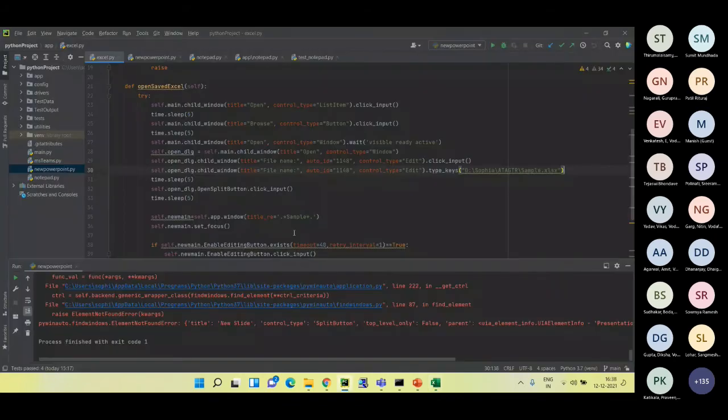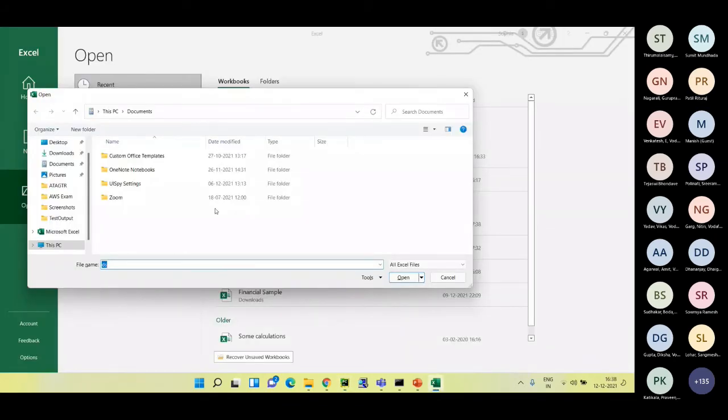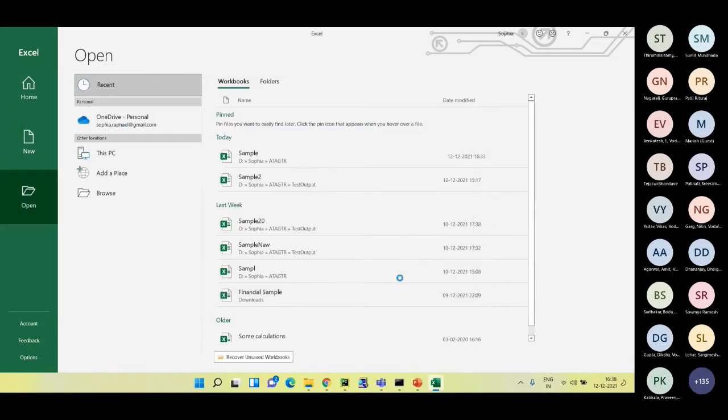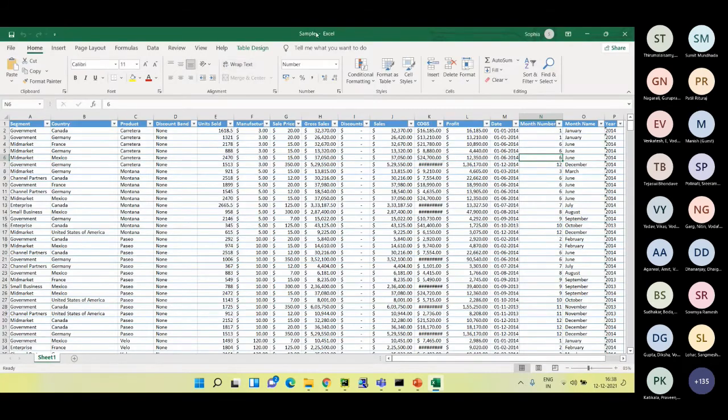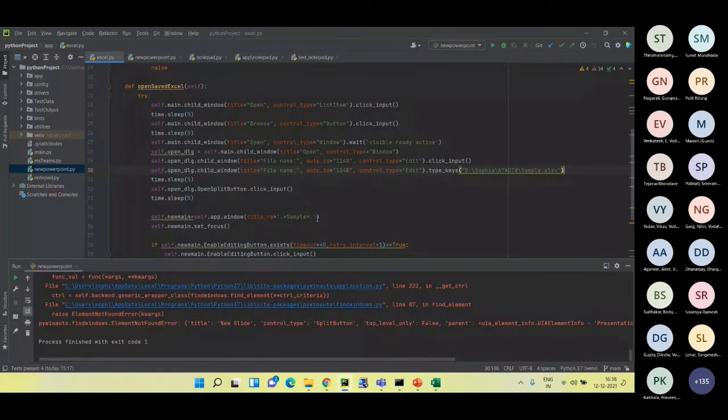After that, I had selected the sample file. This was the file that I had selected. Once it opens, the name of the window is sample-excel. Here there are two options. Either you can give the entire title, sample-excel, without missing any space, or you can use regular expression patterns.